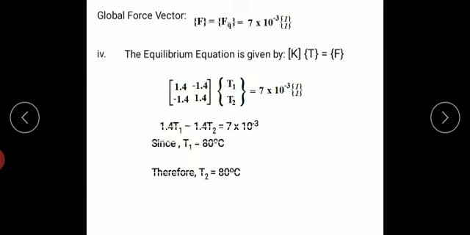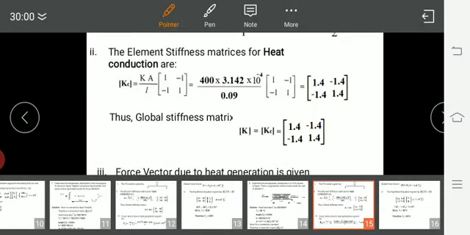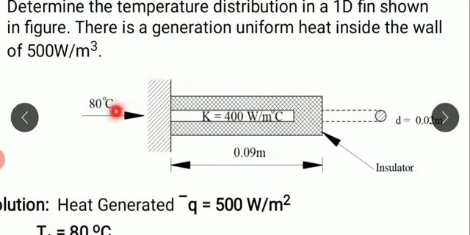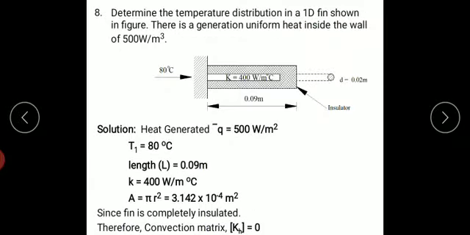So finally the temperature what I got, so T1 if I substitute 80 degrees Celsius, I got T2 is also 80 degrees Celsius. Why am I getting T2 as 80 degrees Celsius? Because in the given problem, when temperature 80 degrees Celsius is passing from the wall to the fin, because of this insulation there is no loss in the temperature. The insulation means it doesn't allow the heat to transfer. So this 80 degrees Celsius remains constant throughout the member. That is the reason why you need to get T2 value as 80 degrees Celsius.